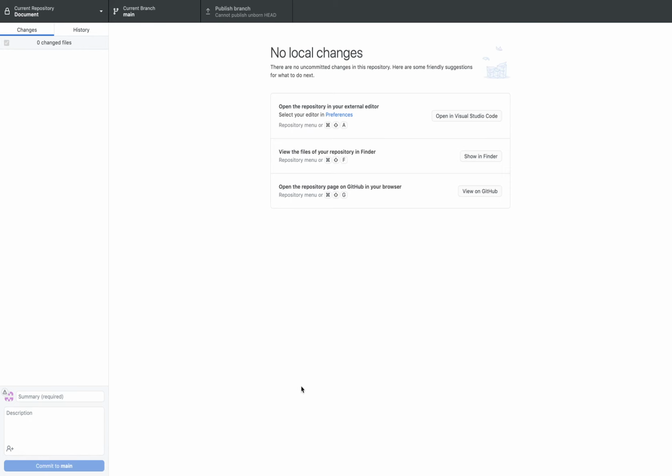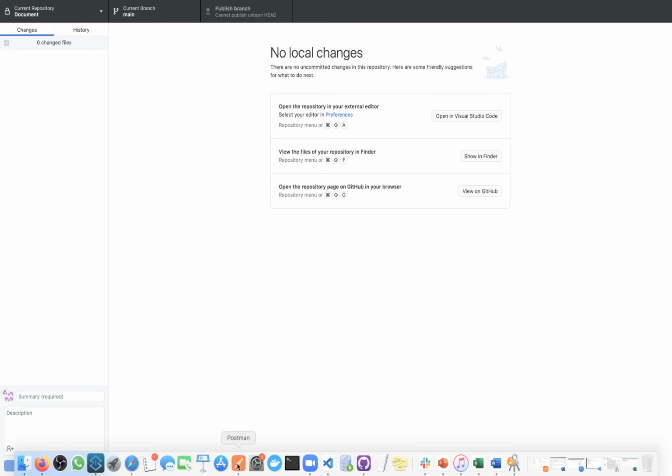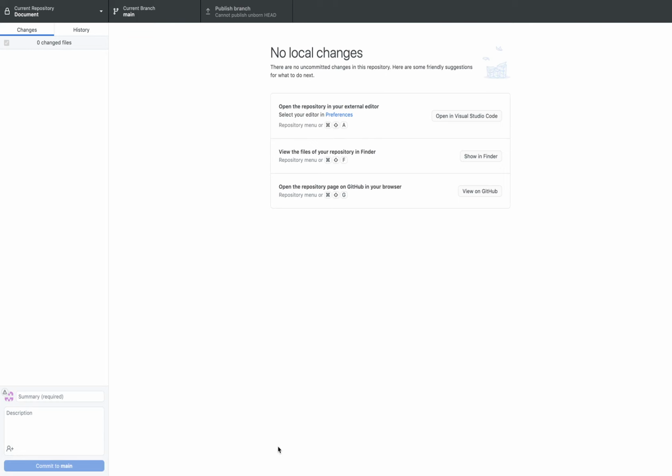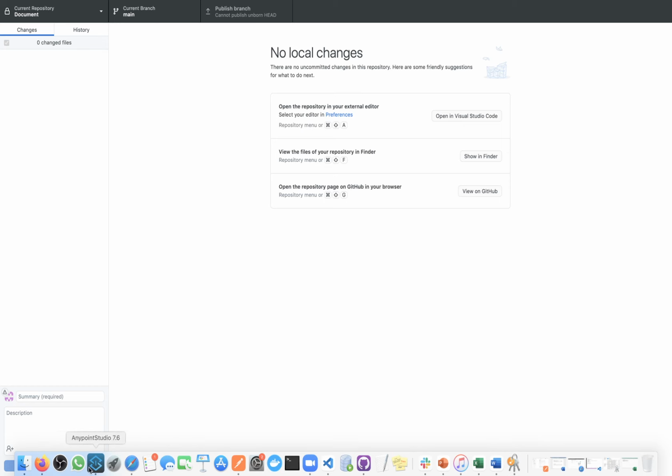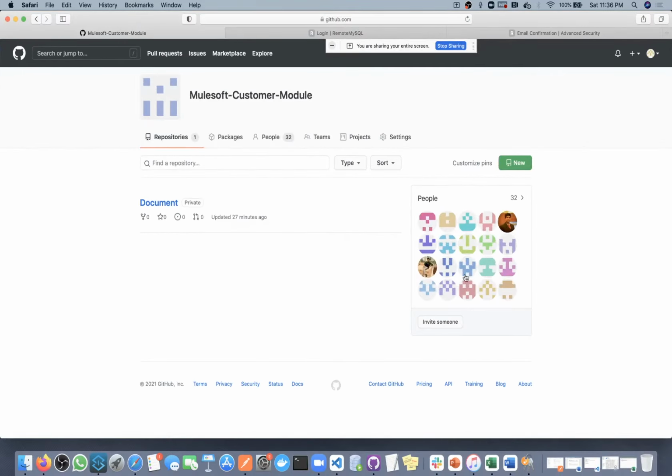Whatever I am going through today is not part of MuleSoft, but to work on a MuleSoft project you should have knowledge of this. For interview purposes, they may ask what repository you are using and what all things you are doing there, so you can explain. So first I will go to the Git server. I have two Git accounts. Both of my accounts have owner access, so I can do any modification in any place, but I am doing it from my main account, which is the main owner of this account.